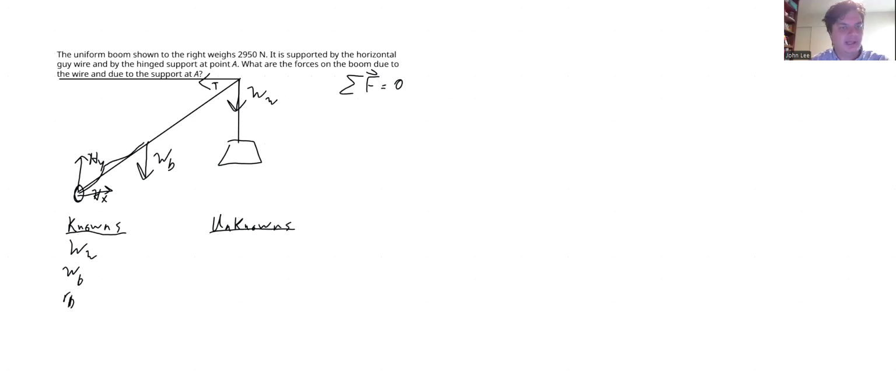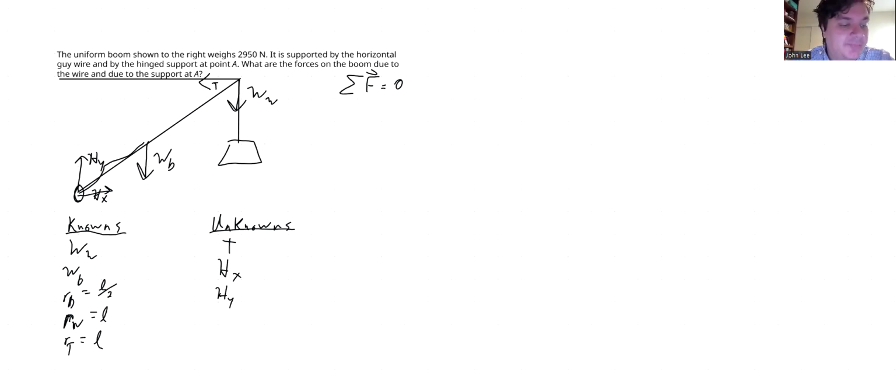and then find the radius. The radius to the boom's weight is equal to L divided by 2. The radius to the weight of the weight is equal to L, and the radius that it takes to get to the tension is also equal to L. So the unknowns then are going to be T, H_x, and H_y. So in addition to the forces that we have in the x and y direction,